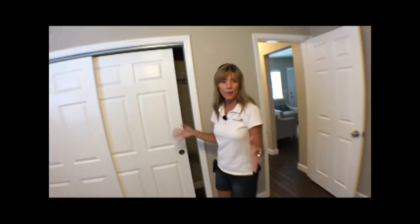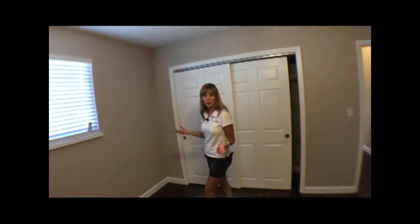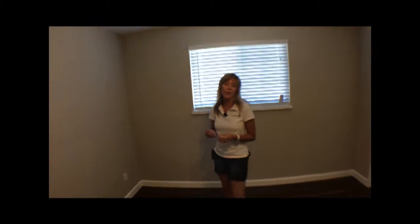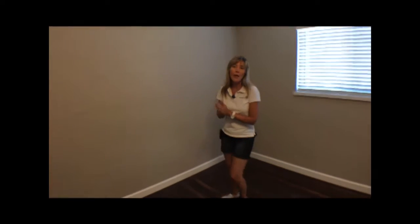So you could fit a lot of furniture, a lot of people, a lot of children. And this area is popular for vacation rentals because we're just blocks from the beach and blocks from a really popular downtown area with lots of restaurants and activities and things to do. So it makes for a great vacation rental, having 4 bedrooms, 2 baths, a big deck on the back, and